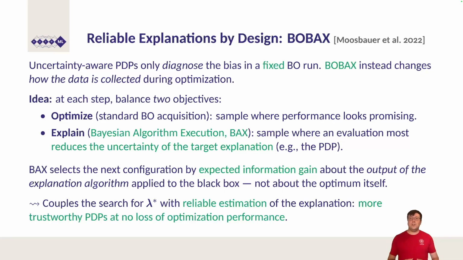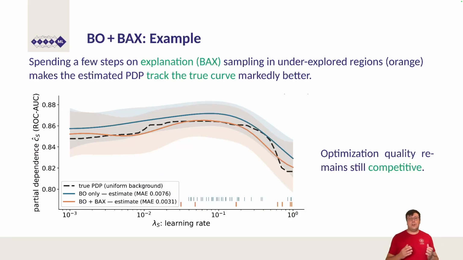Concretely, BAX chooses the query with the highest expected information gain about the output of the explanation algorithm applied to the black box, so the surrogate model. The effect is a run that jointly optimizes performance and the fidelity of the explanation, so the resulting PDP is reliable without compromising optimization quality too much. Let's have a look at another example. So the comparison shown here is controlled for budget. Both runs use the same 48 evaluations. BOBAX simply reallocates a fraction of them from optimization to explanation. The dashed curve is the ground truth PDP, blue is the estimate from